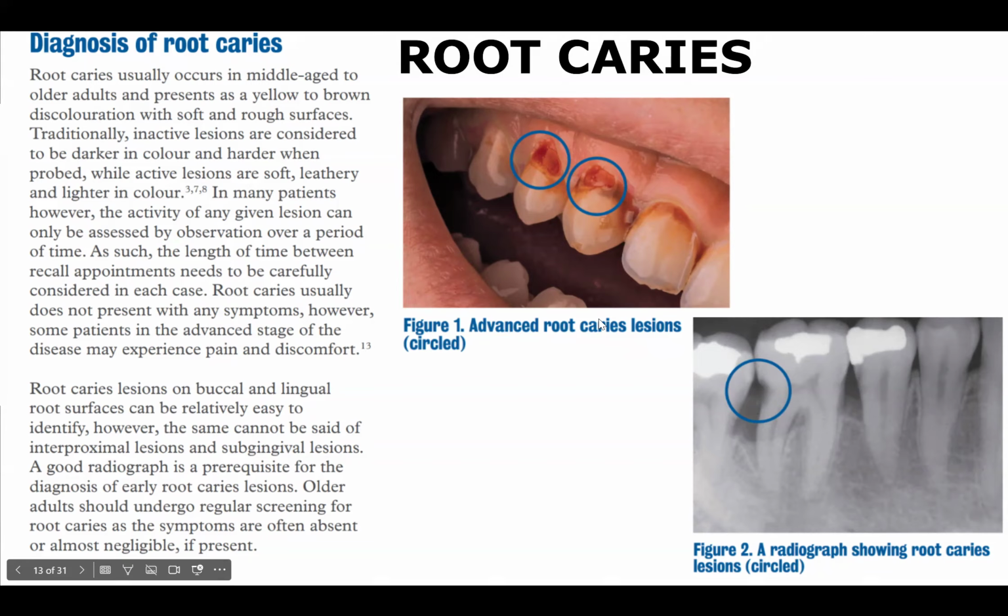Root carious lesions, again coming back to this, they begin usually on the buccal and lingual root surfaces, easy to identify. The same cannot be said of interproximal lesions and subgingival lesions. A good radiograph is a prerequisite for the diagnosis of early root caries lesions. Older adults should regularly undergo screening for root caries because most of the times they're asymptomatic. So even if they progress, probably because of pulp calcifications and other factors, dentinal sclerosis, the elderly population doesn't have any